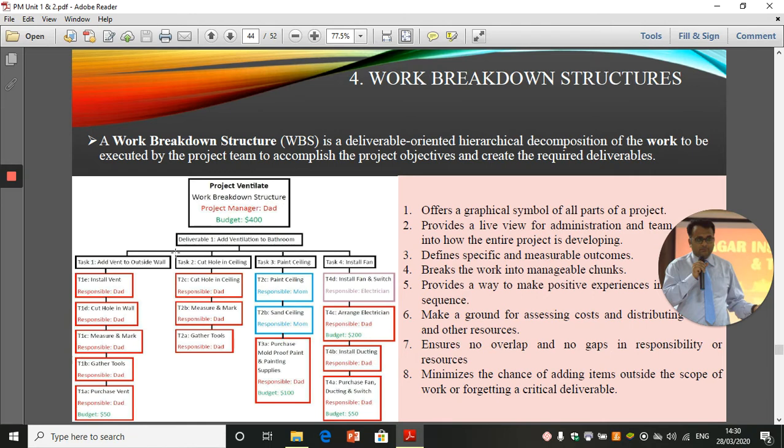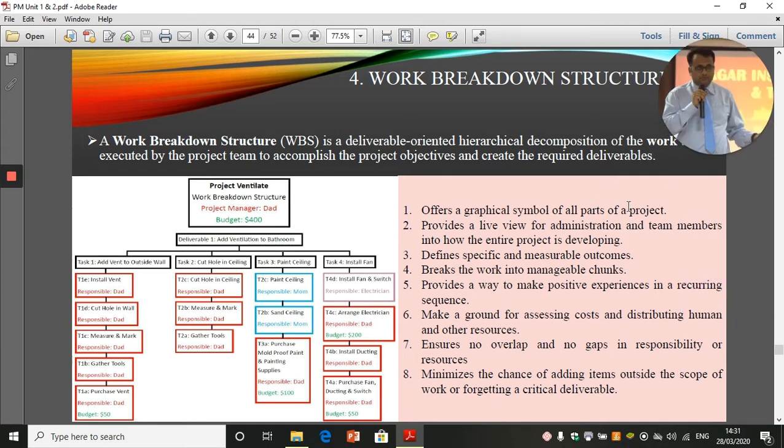And we then try to complete these subtasks, thereby completing task 1, 2, 3, 4, and finally completing the project. So we break down the project into work breakdown structures. It offers a graphical symbol for all the parts of the project, provides a live view for administration and team members into how the entire project is developing, defines specific and measurable outcomes, breaks the work into manageable chunks,